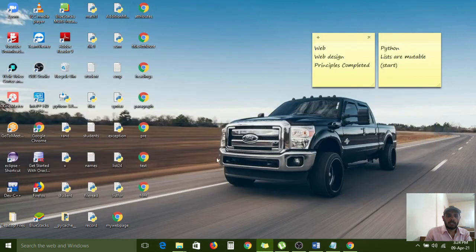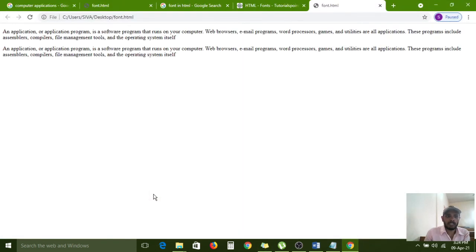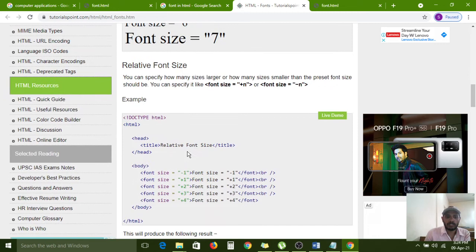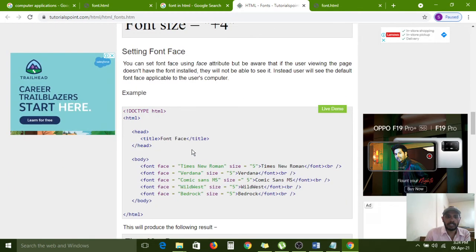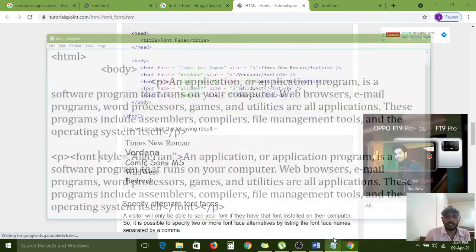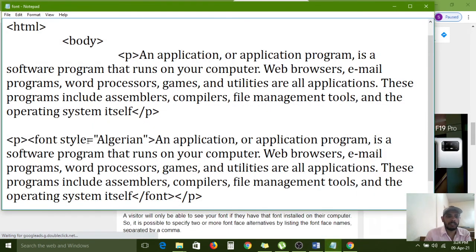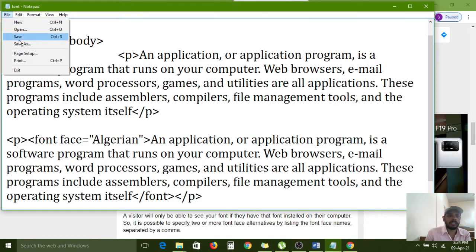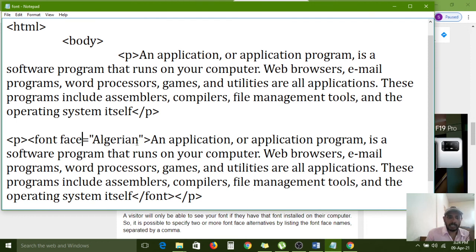Saving. I am executing this one. Sorry, there is no difference between this and that because we made some mistake here. Font face, not style. Actually this is a CSS style, so that's why here font face. Font face is an attribute and Algerian is the value.